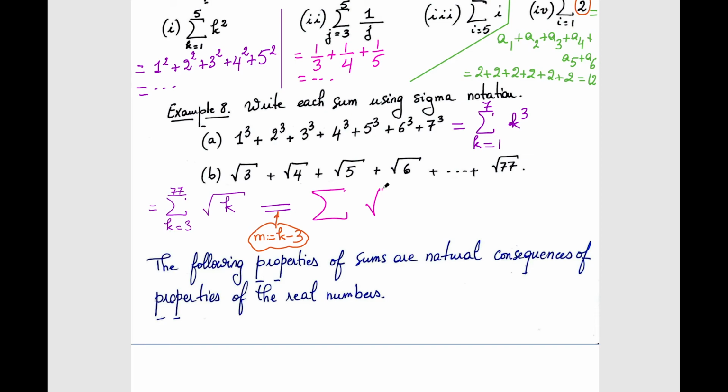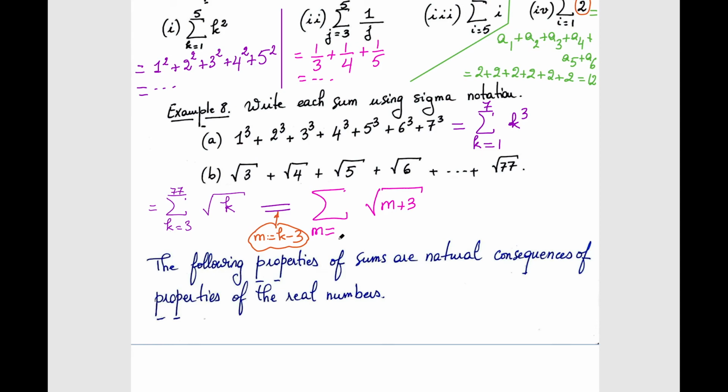What's k in terms of our new notation here, new parameter? Instead of k, now we're gonna have an m. But what's k in terms of m? It's m plus 3, right? So k is m plus 3. So instead of k, I'm gonna write m plus 3. Agree with that? And now, if k goes from 3 to 77,